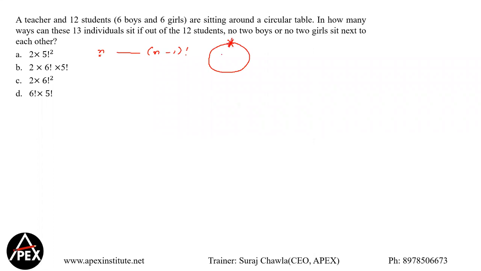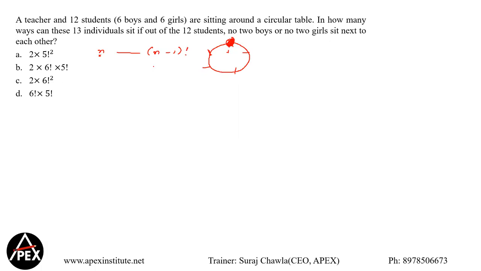So if I have to arrange 6 people, I have to first fix one person. So this will give me the direction. Now I'll start arranging, right? So if there are 5 people, then the first position has to be fixed. And with respect to this position only, I'll start arranging the other terms. So therefore, n things in a circular fashion will always be n minus 1 factorial ways.